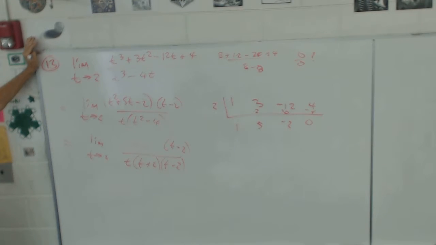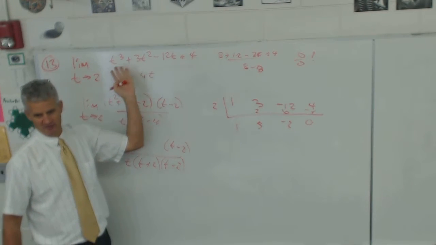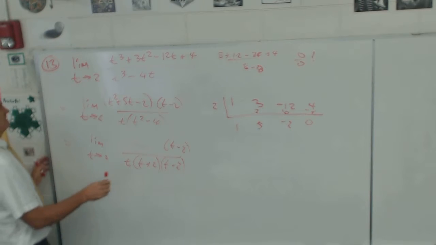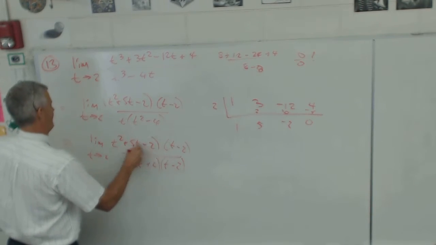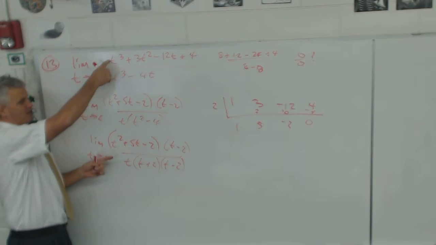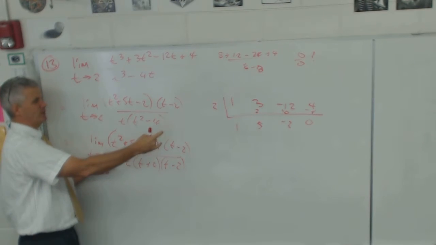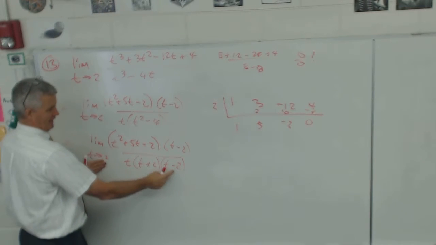But that's a lot of algebra review. That's how we did it. Synthetic division. I could have done polynomial long division, but we covered that in Algebra 2 honors, so most of you guys have seen that. I sure would not have been able to look at that and know that it factored into a trinomial times a binomial. No way. But because we got the 0 over 0, and we're going to t is 2,